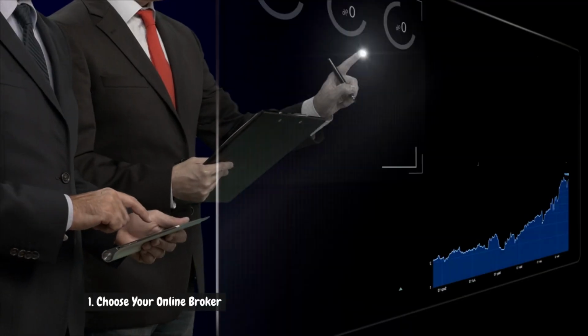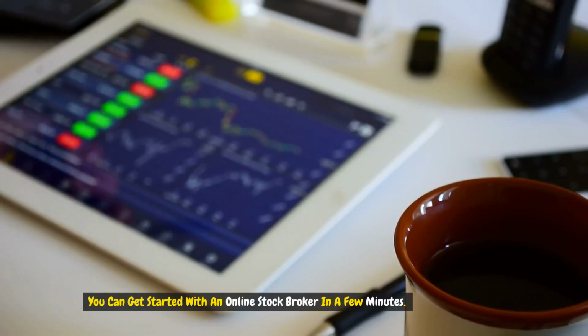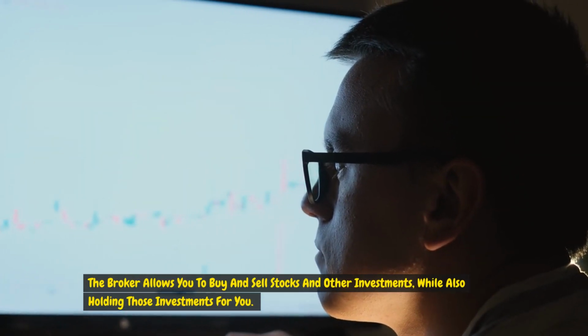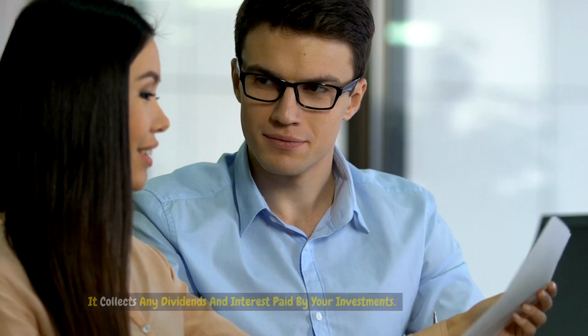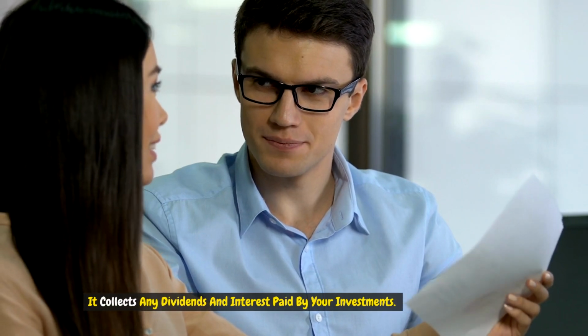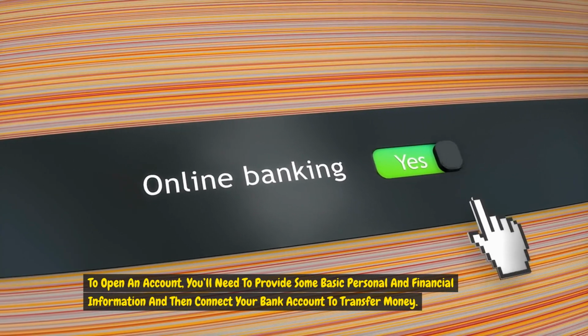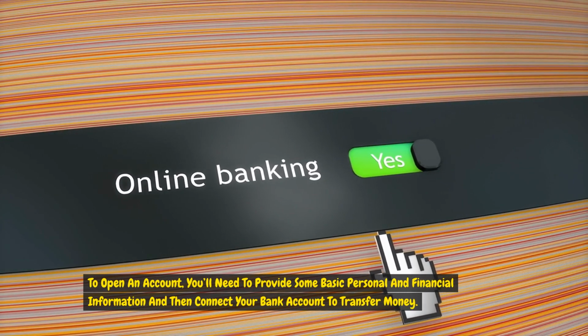1. Choose your online broker. You can get started with an online stockbroker in a few minutes. The broker allows you to buy and sell stocks and other investments, while also holding those investments for you. It collects any dividends and interest paid by your investments. To open an account, you'll need to provide some basic personal and financial information, and then connect your bank account